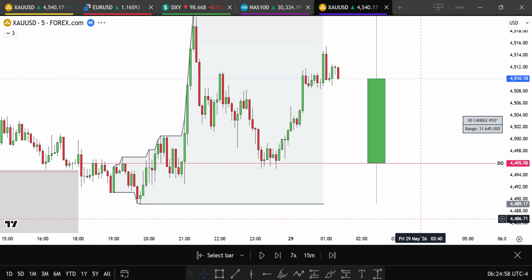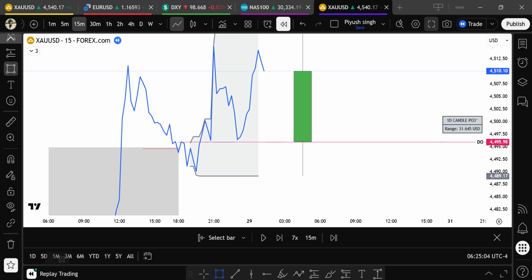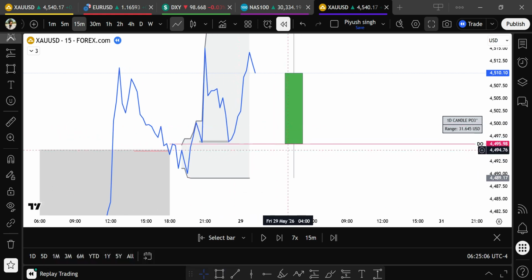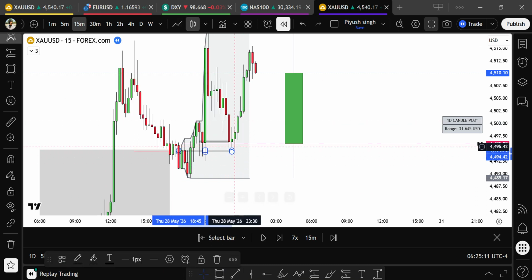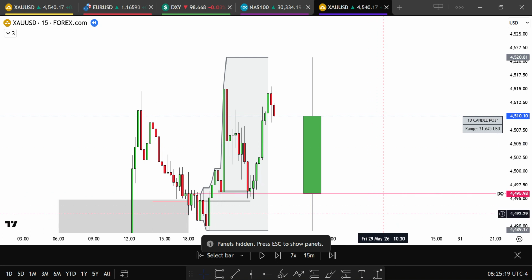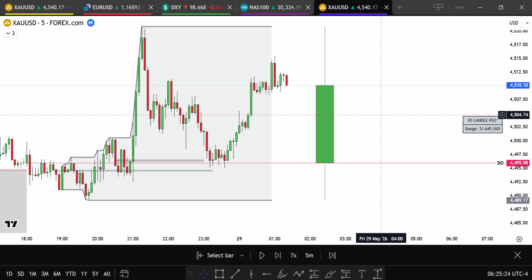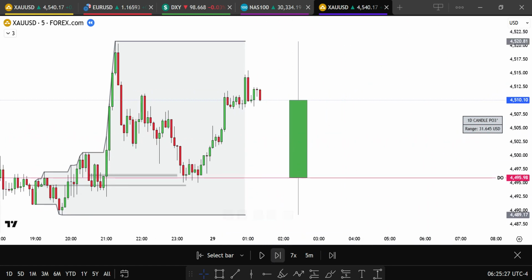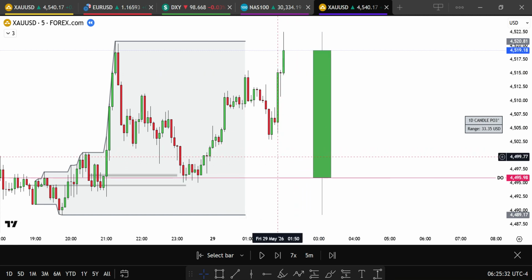So we have multiple things. When you check the 15-minute time frame, we got a fresh fractal zone right here, right? I marked this fresh fractal zone. Price went down and reacted from this fresh fractal zone. Also this zone, price went down and reacted from this fresh fractal zone. And then the importance of the H4 candle. Here you can see the new H4 candle is going to start, which is the 1 am candle. So we have to wait for the second 1 hour candle of the 4 hour candle, which is the 2 am candle.